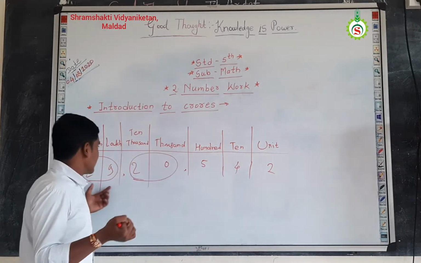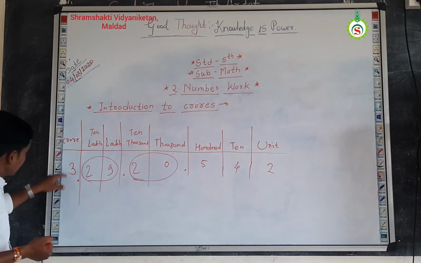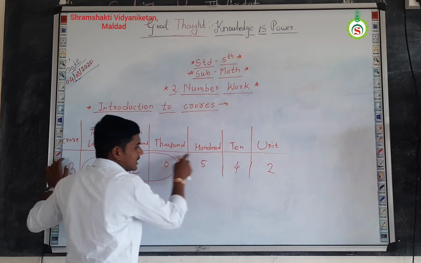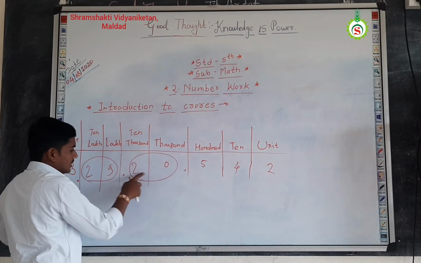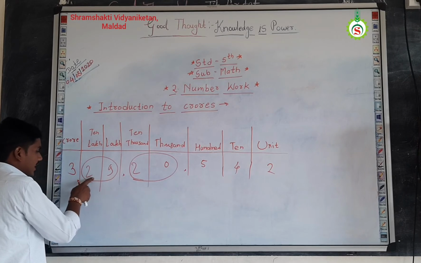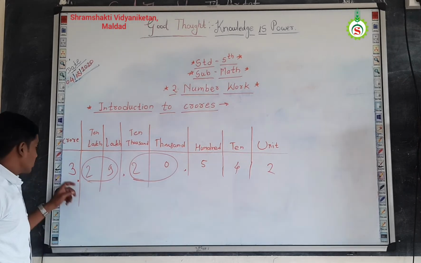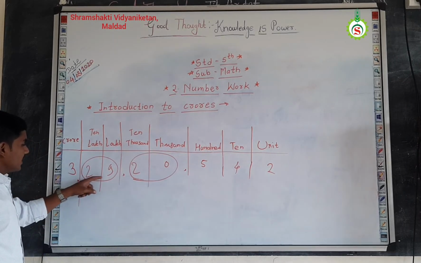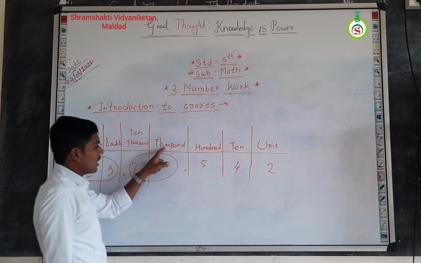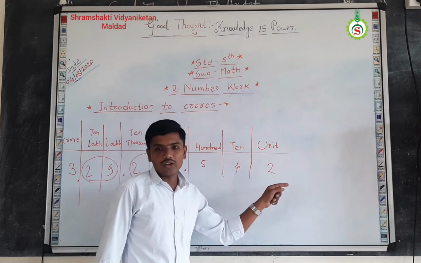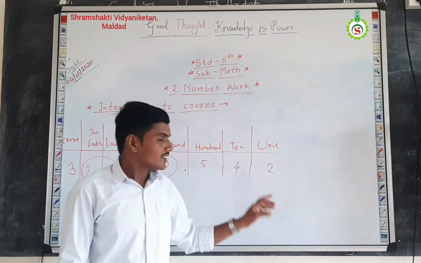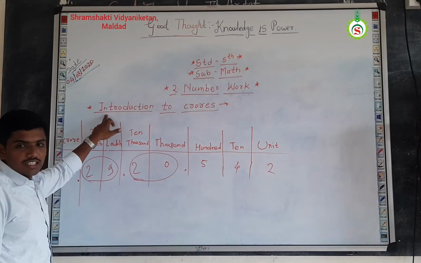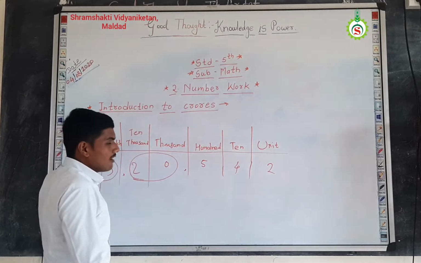So how have I read the number? Firstly I have given the digit to all the numbers: hundred, then thousand, then ten thousand, lakh, ten lakh and crore. So 3 crores 29 lakh 20,542 is the given number. From this topic, introduction to crores, what we have learned is that